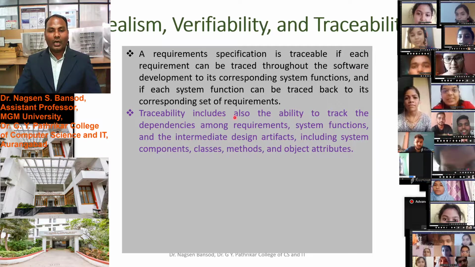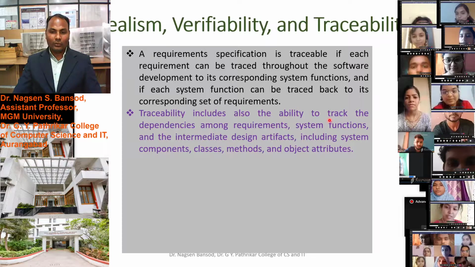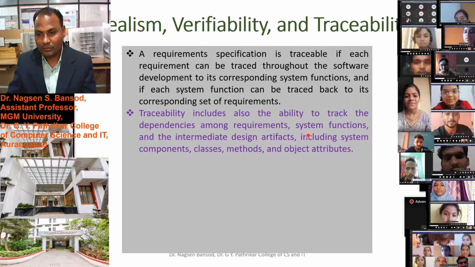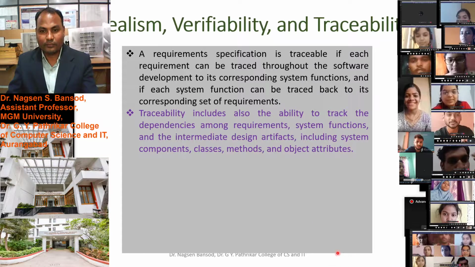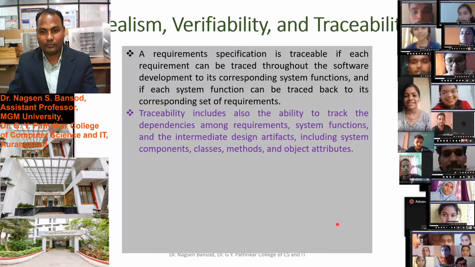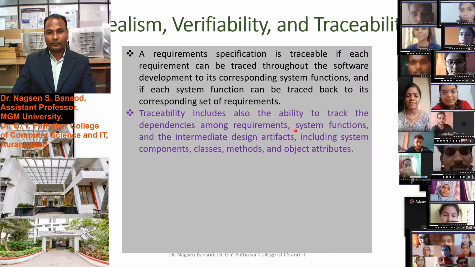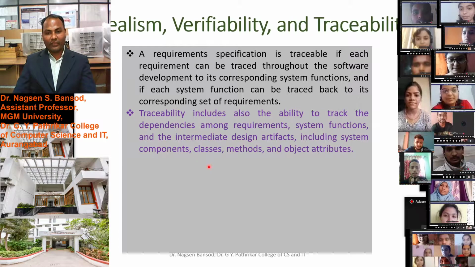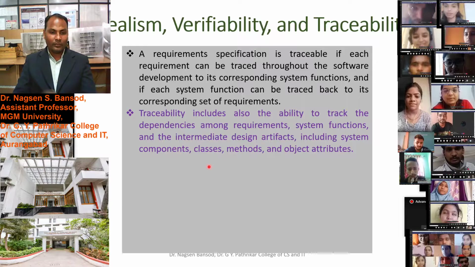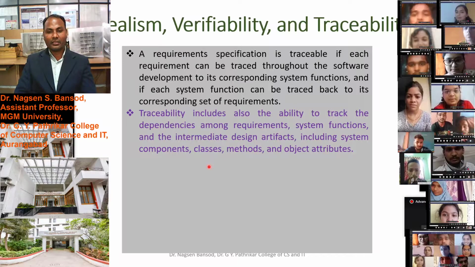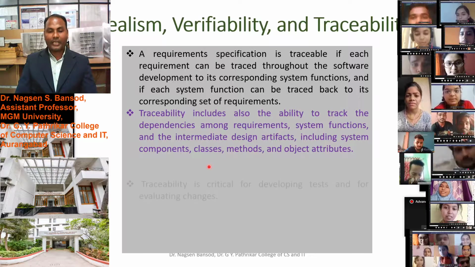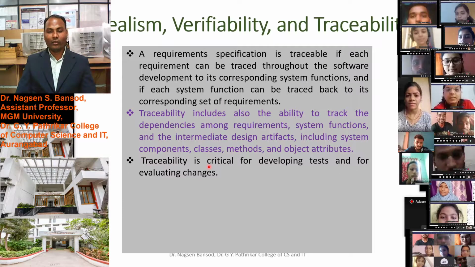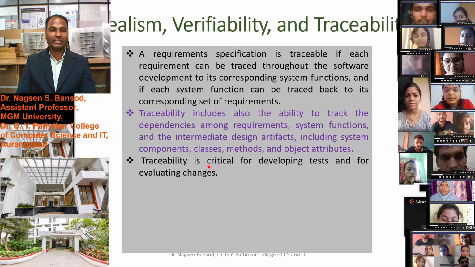Traceability also includes the ability to track the dependencies among the requirements, system functions and intermediate design artifacts, including system components, classes, methods, and object attributes. Traceability is critical for developing tests and for evaluating changes.